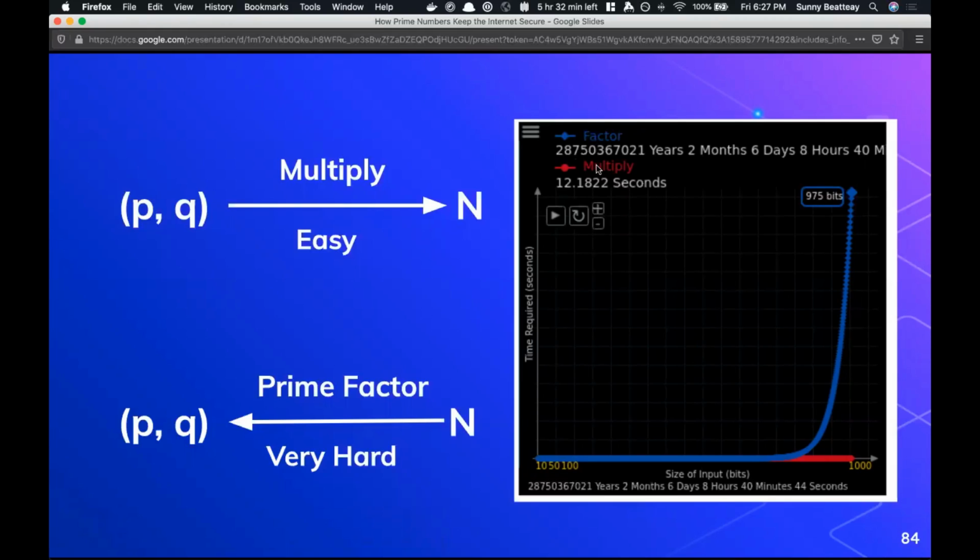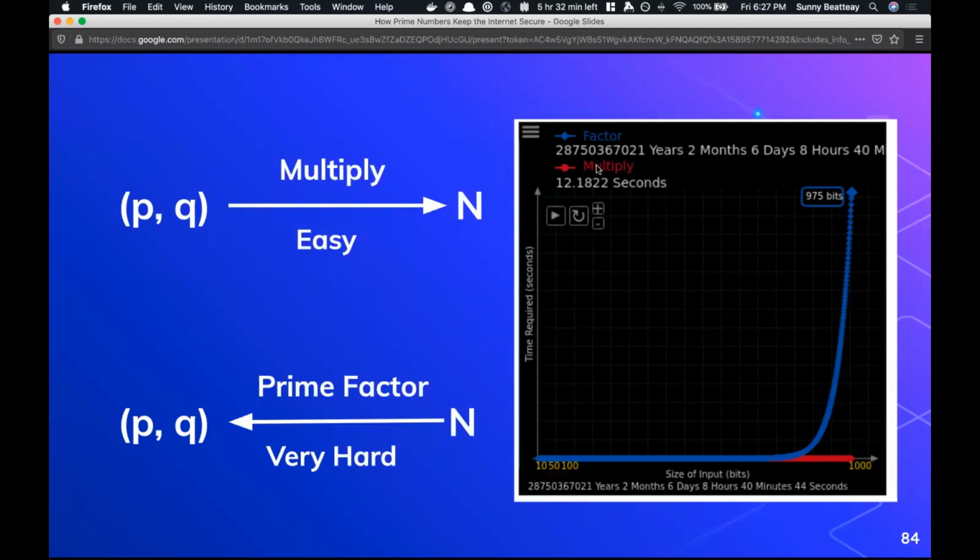It's not that it can't get cracked. It would just take multiple lifetimes to crack a single value of n. That right there is why prime numbers keep the internet so secure, because it's very difficult to determine if a number is prime. You essentially have to brute force through it. We'd have to brute force through all the possible combinations of p and q to find out what n is, to then reverse engineer our private key. So that right there is why prime numbers keep the internet secure.